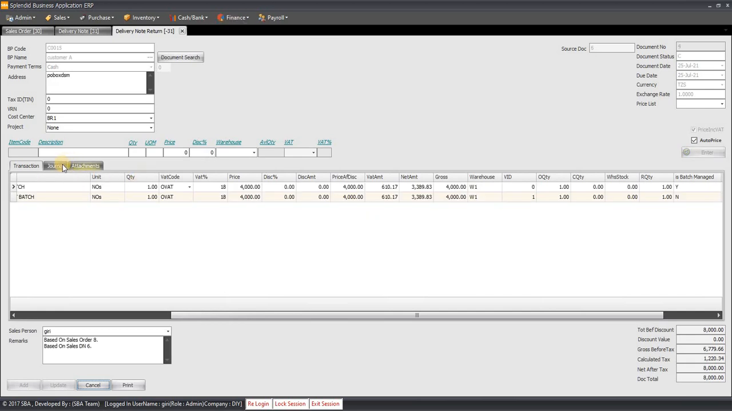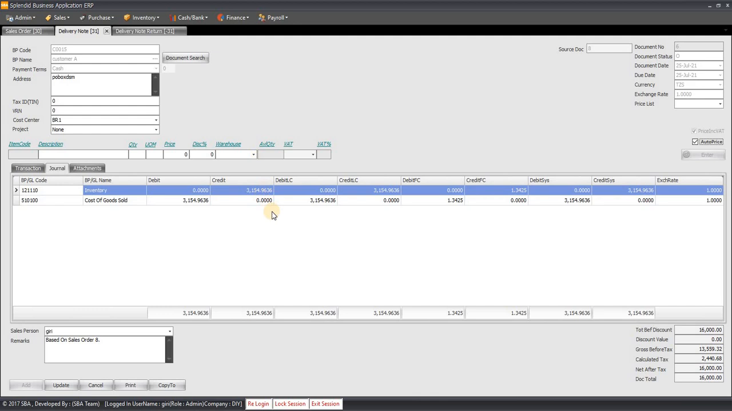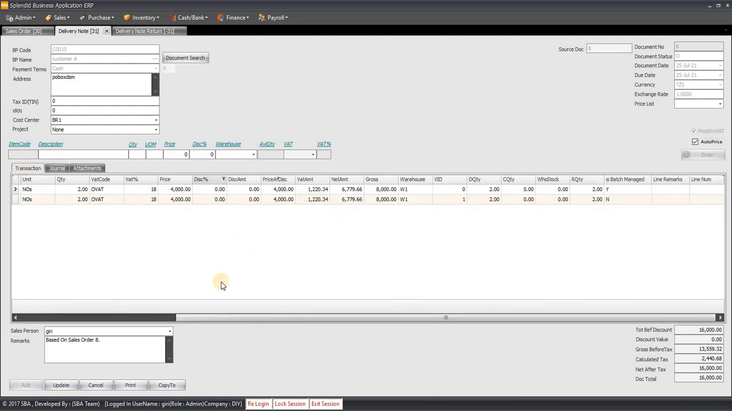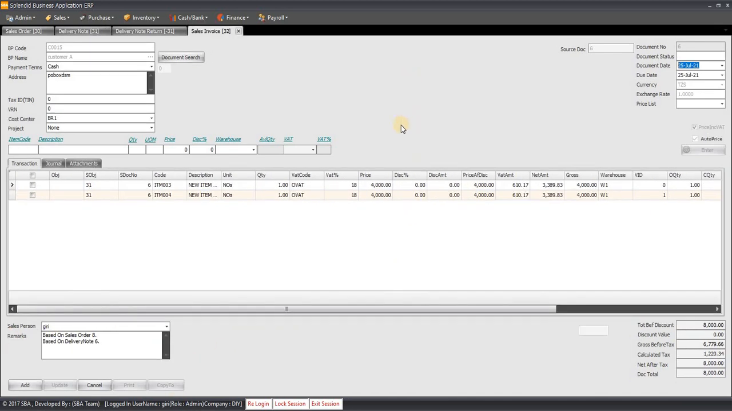And if you see, the same thing happened to the journal. What we have done is the inventory account is debited and the cost of goods sold account is credited. Now here, in the delivery note there was a quantity of two which we created initially, but now we want to create a sales invoice for the remaining quantity. And if you notice that the